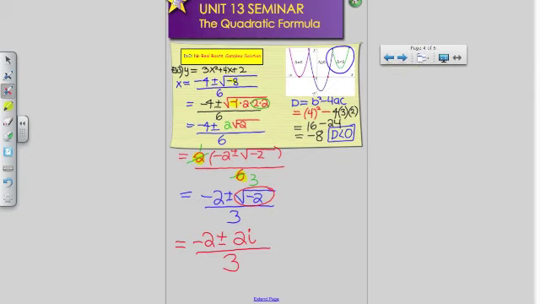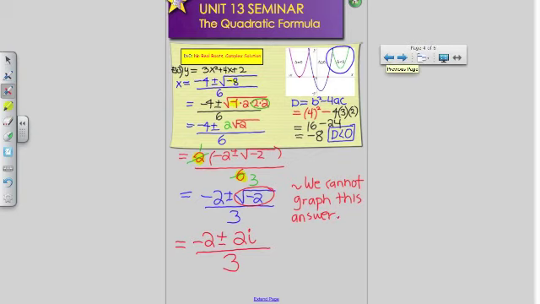However, you have to put a statement. This is the realm of complex numbers. You do not know how to graph this. You cannot place this x-intercept on a graph. So we have to make a statement at the end. We cannot graph this answer, and this is what you're going to be expected to write on your test,